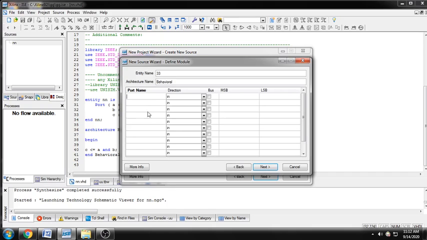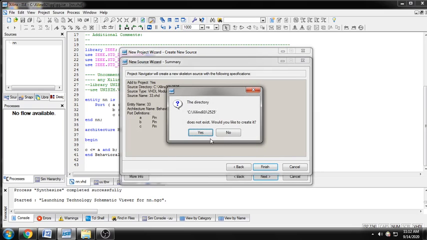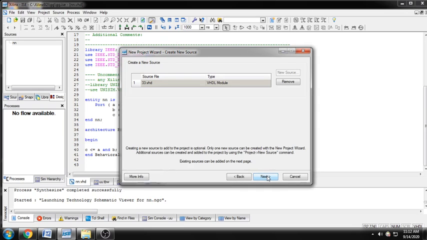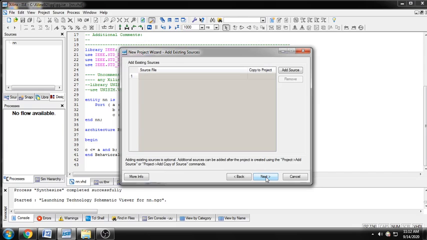As you can see, this is asking for the port names. A is my input, B is my input, and C is my output. So I have to select output here. You can see A, B, and C, these are the inputs and output. Now I have to click next, then finish, then yes, and then next.